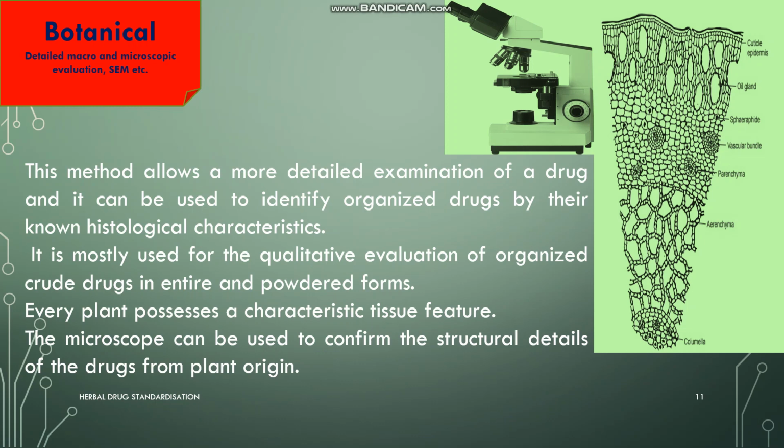And we also know that different plants have different characteristics. If we talk about the leaf, in the tissue of the leaf, it has different characteristics, whereas in the root, it has different characteristics, and seed, stem, bark also have their particular characteristic. That is, we are talking about the microscopic characteristic of a particular plant part.